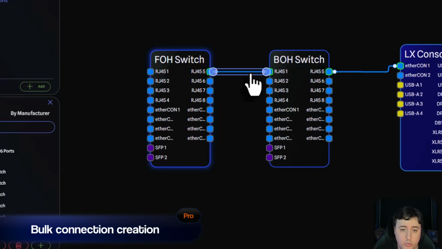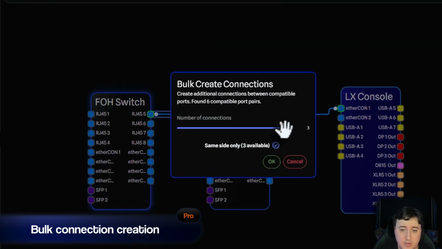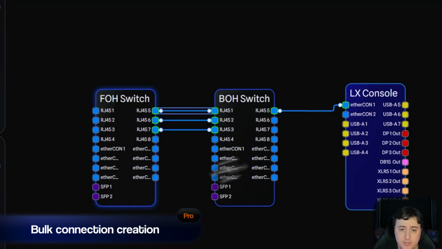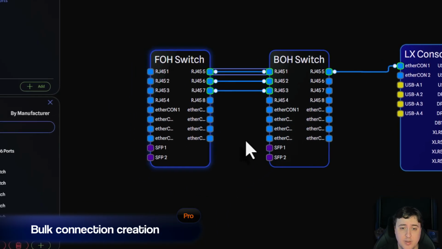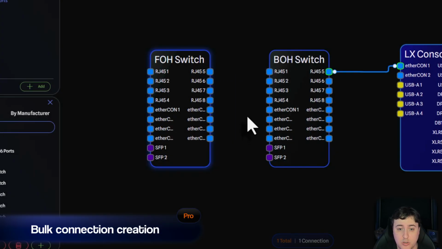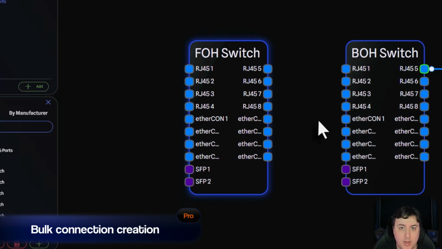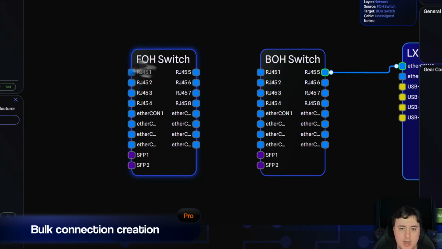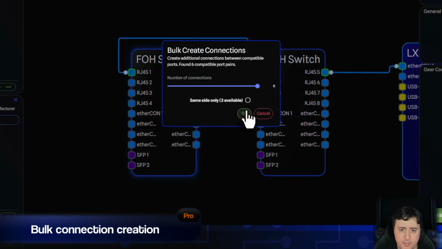And of course, if I only wanted a small subset of that, let's say I only wanted 2, I can only add those 2. So it makes it very easy to be able to quickly wire up your drawings. And because this knows that these are all compatible, it'll only pick compatible ports. And so, for example, this RJ45, if I connect this up and allow it to do everything, you can see